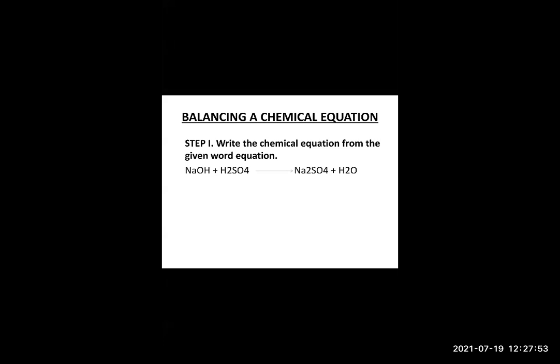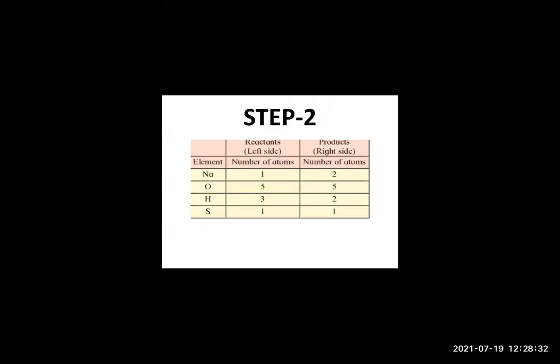So you should check how many atoms of sodium, oxygen, hydrogen, sulfur, etc. are there on the left hand side, and then compare with the products. Are they the same or not, left hand side and right hand side? So now what will you do first? You have to make a box. In the box you have to write reactants, products, that is left side, right side, and the names of the elements and number of atoms. Here I will show you how to write it. This way you can make the table.